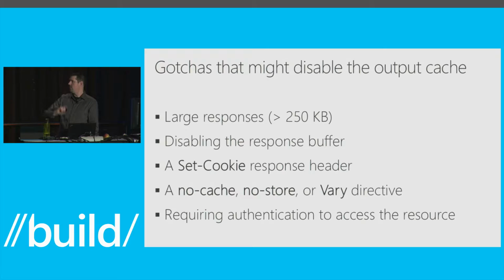Now, I've listed 5 of the most common ones on the screen here, but the one that's probably the most common out of this whole set is that one in the middle. It's pretty common for applications to set a response cookie. Maybe they're doing A/B testing, maybe they're setting an affinity cookie, the cookie could be anything. But one of the aspects of ASP.NET is that if you have a response cookie, if you have a Set-Cookie header as part of the response, we will actually disable server-side output caching all the way up and down